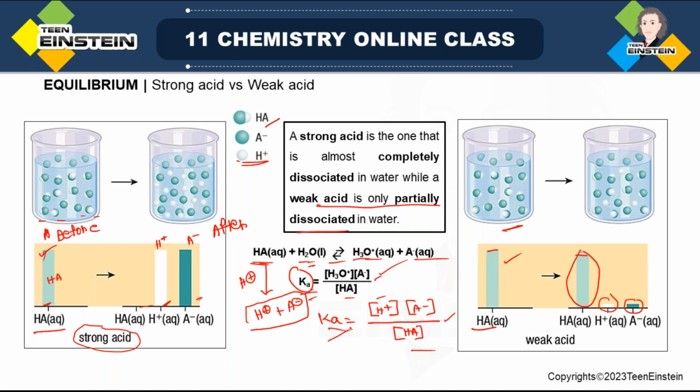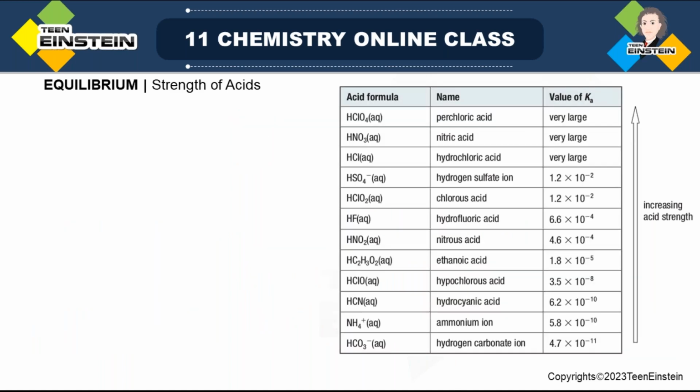But Ka, remember this is an equilibrium constant, but equilibrium constant for what type of process? It is ionization or dissociation of the acid HA. Strength of acid, that is whether it is high strength or low strength, whether it is a strong acid or weak acid, that idea you can get if you know the value of this Ka. So as you can see in this table, there are different values of dissociation constant of